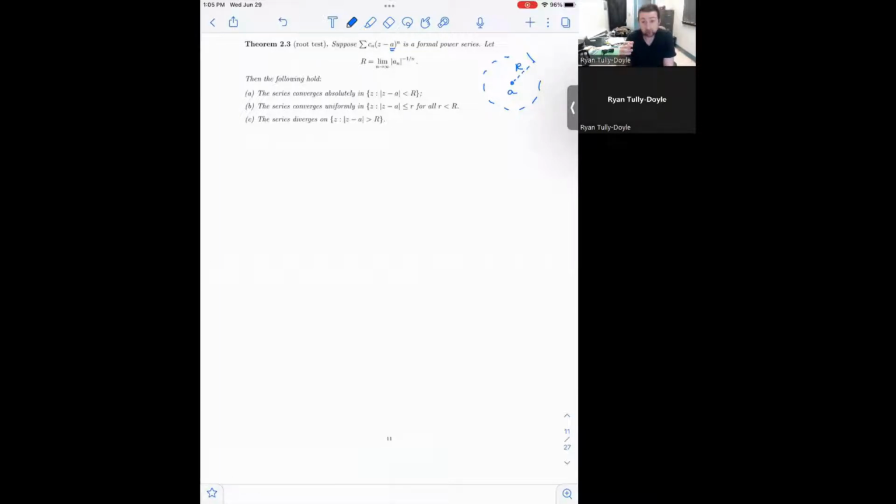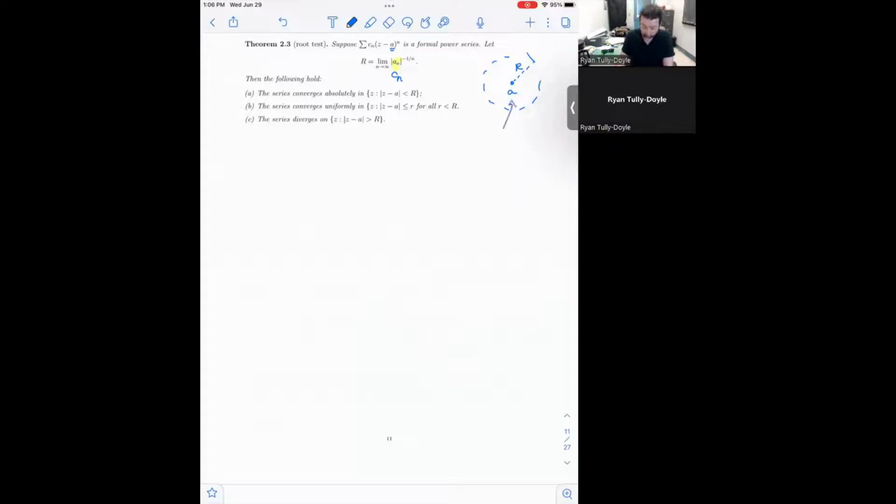So we suppose that we start with some formal power series, and then we compute this limit where we take 1 over the square root of the absolute value of the terms. Remember, these could be complex numbers. There's an error here because these are supposed to be CNs. So this is supposed to be CN right here. These are not some new quantity here. You take the coefficients of the power series, you plug it into this calculation, and then whatever that R value turns out to be, the series is going to converge